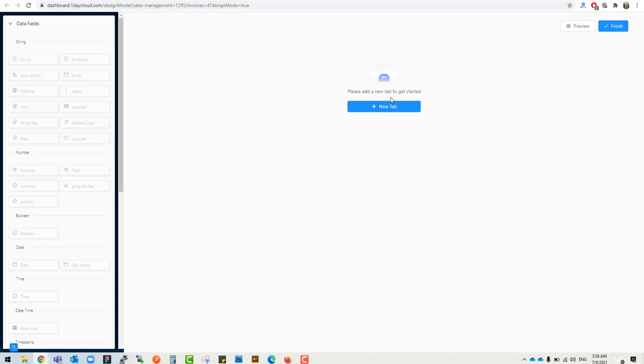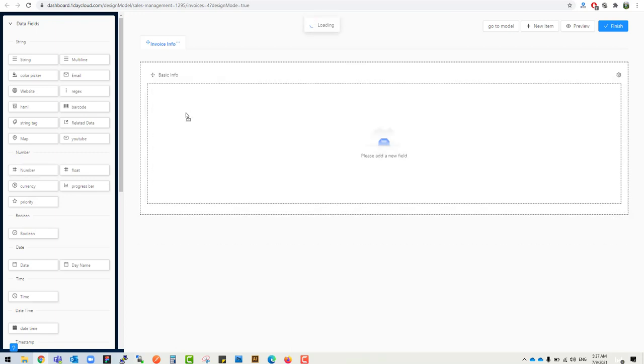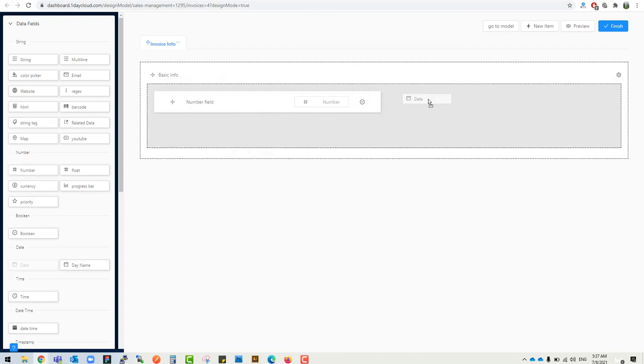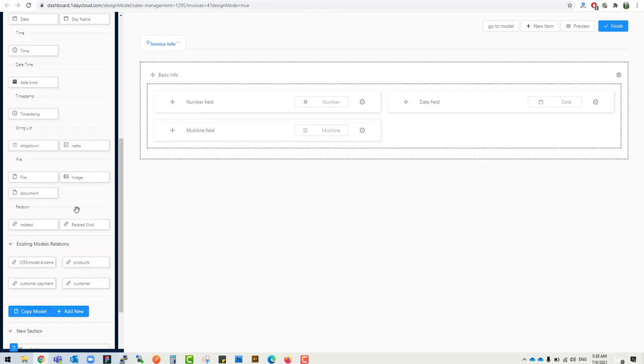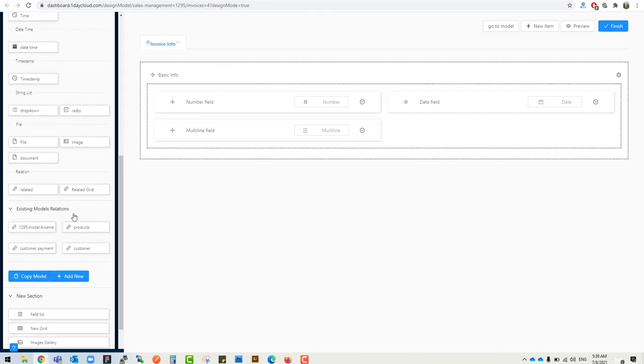Let's add the fields. The invoice contains two sections. The first section is the header information like number, date, and notes, in addition to the customer field. And there is also the invoice details, which contains the products, quantity, and prices. Let's create the header section now. The invoice number, creation date, notes. And finally, the customer field from the existing relations,